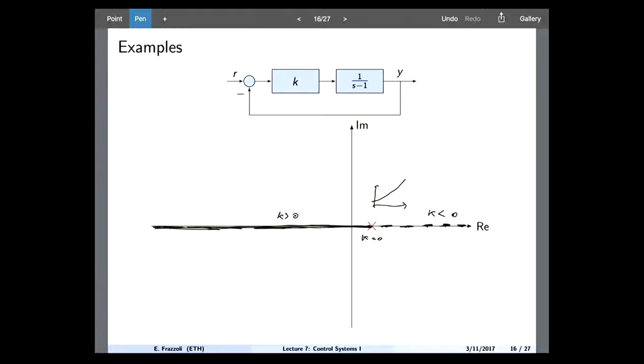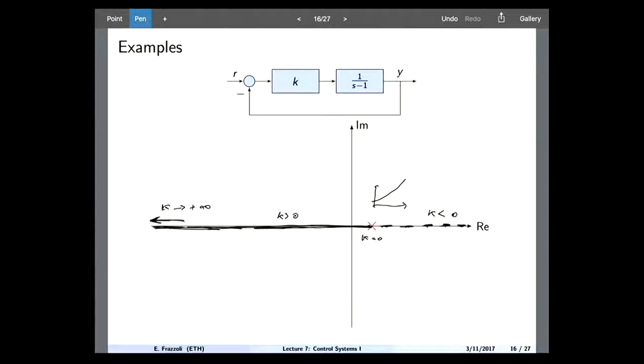In this case, I have one more pole than zeros. So the asymptote will actually be at 180 degrees, okay? So for k going to plus infinity, this will go to infinity with an angle of 180 degrees, meaning go to infinity to the left,